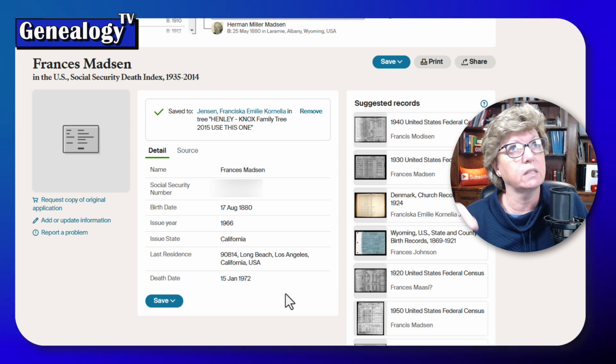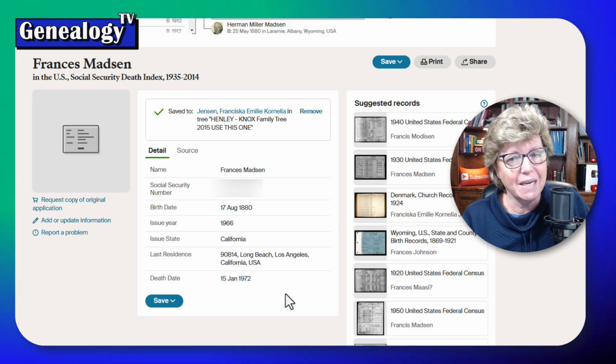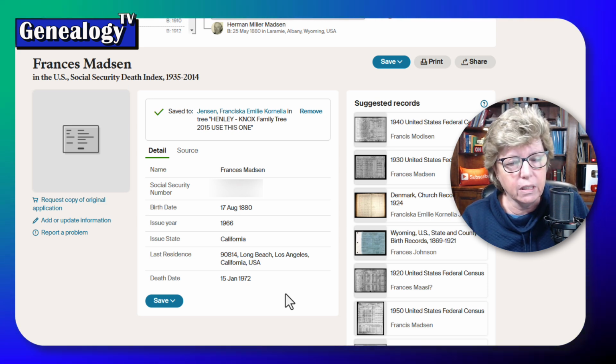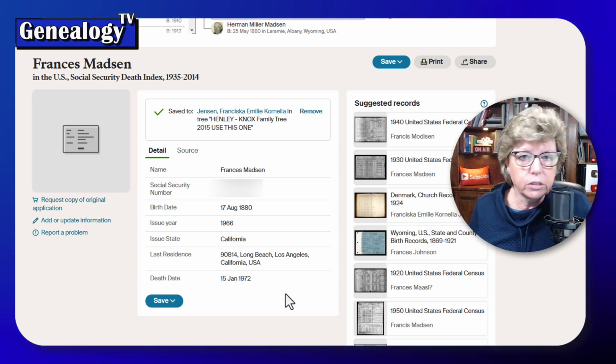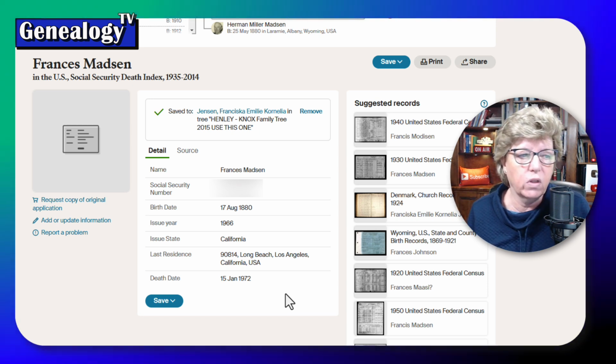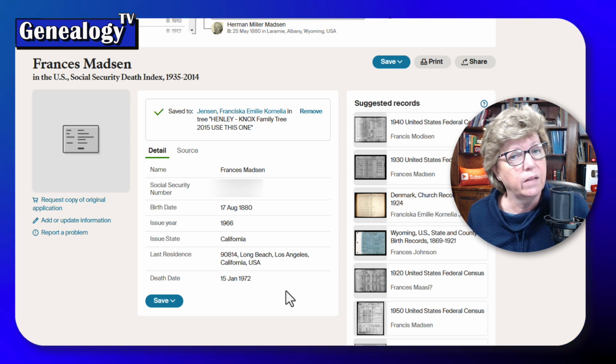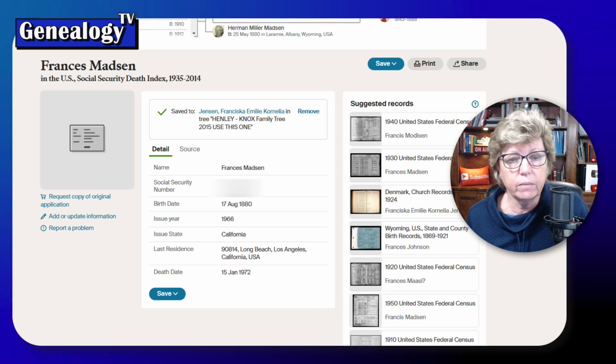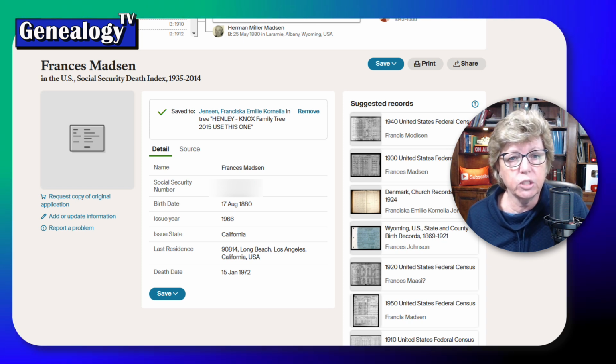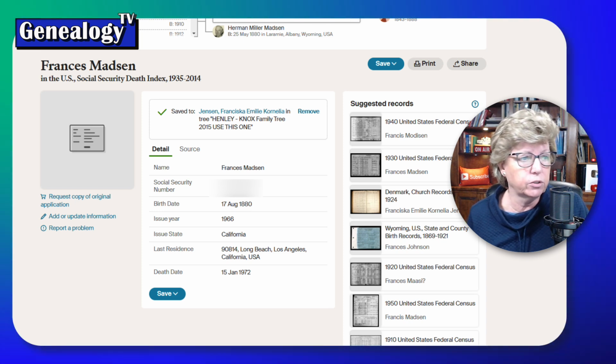It could be the residence of the person who was making an application or reporting the death. It could have been a nursing home. So just be mindful that that last residence doesn't necessarily mean the last place that this person lived. Of course, we want to capture that information and put it into our research notes, including the